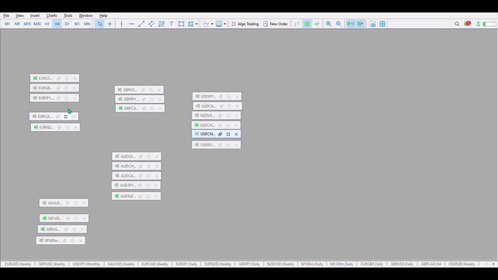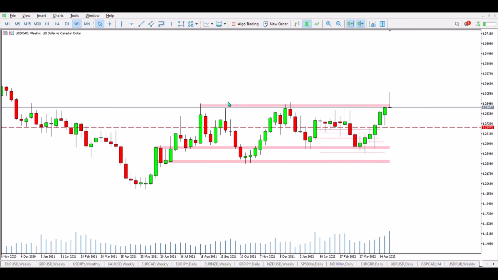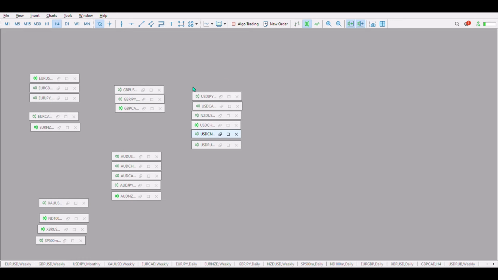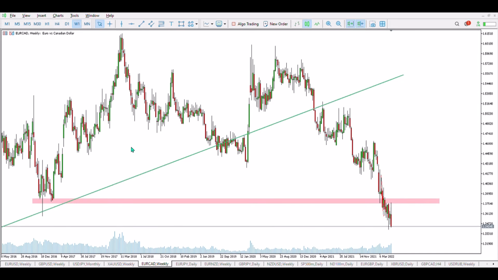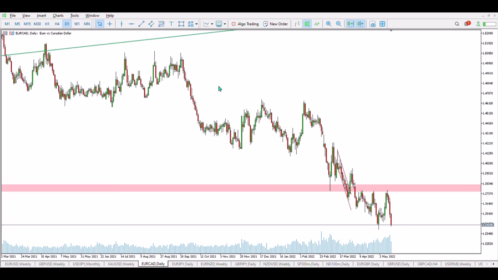Let's see what is going on with the Euro CAD. As you can see on the USD CAD, the CAD stabilized its value. So let's see what we observe on the Euro CAD. Yeah, it's a pretty bearish situation here on the Euro CAD, and we start forming something like an expansion wedge pattern,